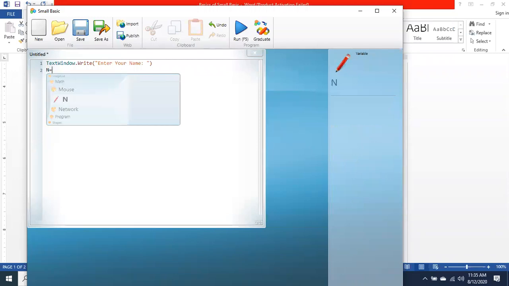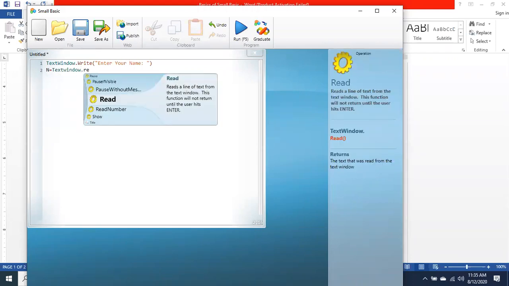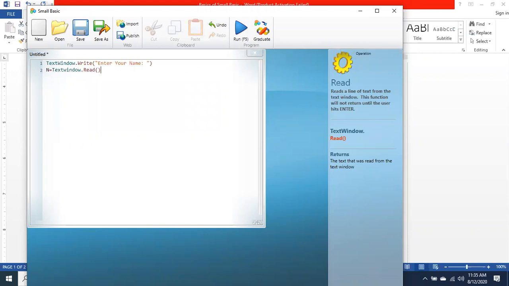The user will enter the name and I will save it in a variable n. n = TextWindow.Read. TextWindow.Read is the function which will save the value in the variable n.